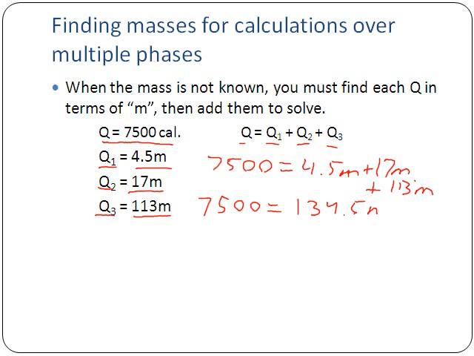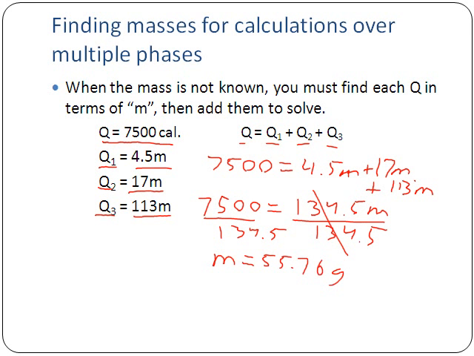So this is equal to 134.5 M. To solve for M, we simply then divide both sides by 134.5. On the right side, it cancels your 134.5. On the left side, we'd say 7,500 divided by that 134.5. And so I get 55.76. So I get a mass of